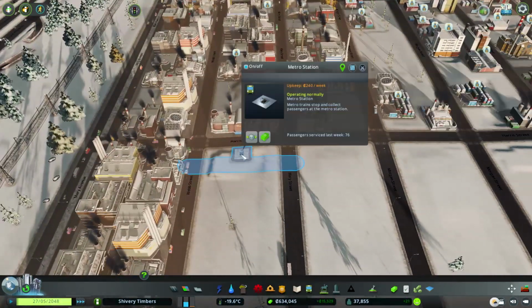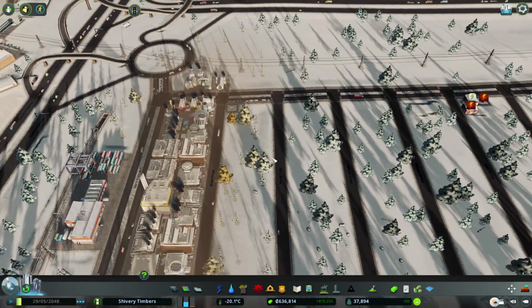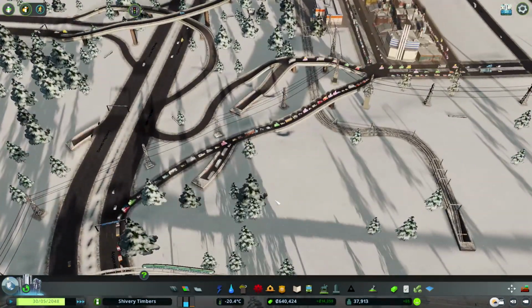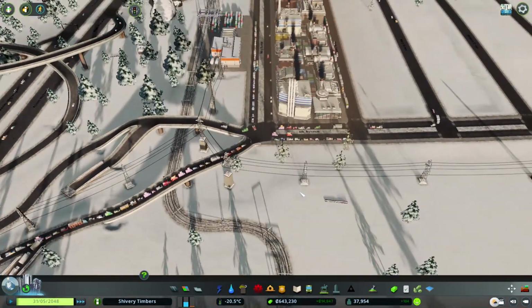6 people. 76 people. Okay. 41 people. Okay, so they're doing something. They're doing a little something something. It's not helping to take care of this, though. This seems to be broken. I wonder